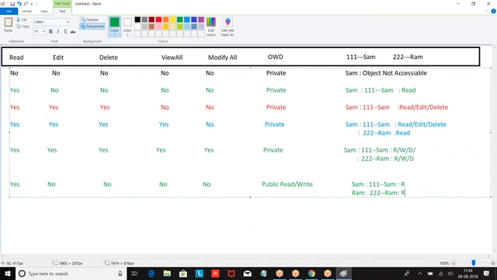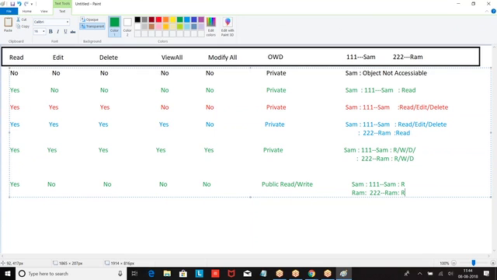Object level permissions are given at what level? Profile level. So for a group of people, if I want to give a permission of read on every record, what should I do? For the profile we have to give view all. For a group of people, if I want to give read, write, delete permission, then I was supposed to give modify all. So view all and modify all will dominate.